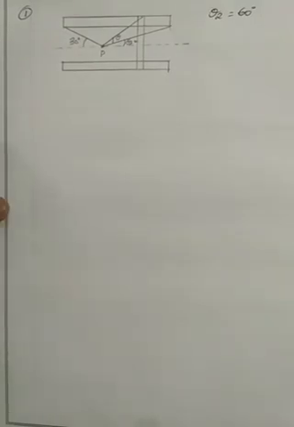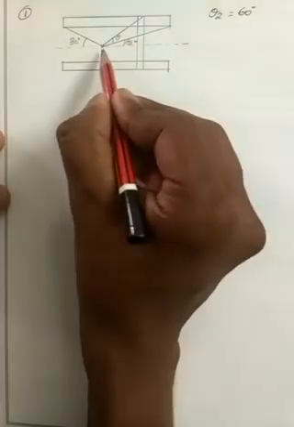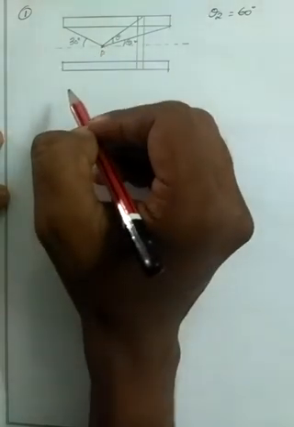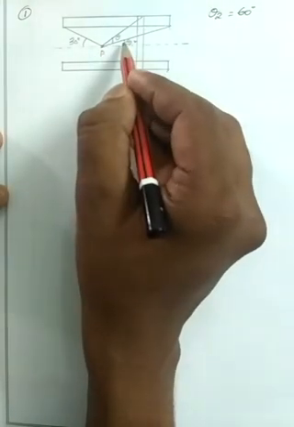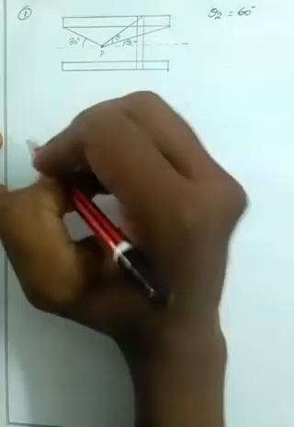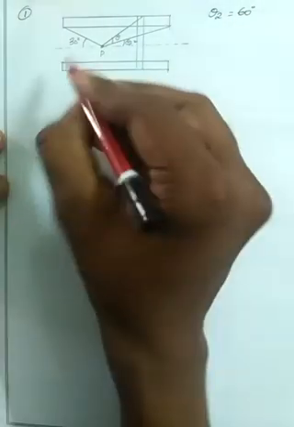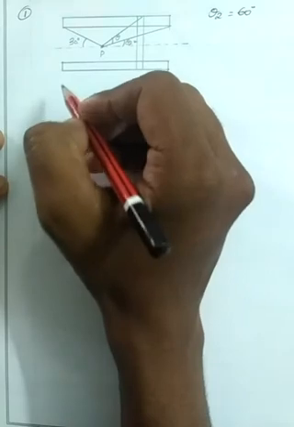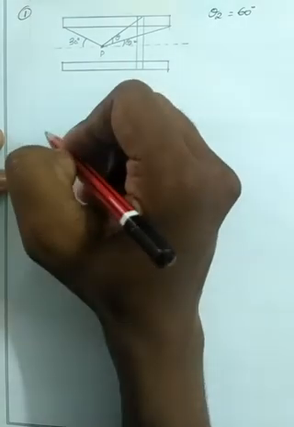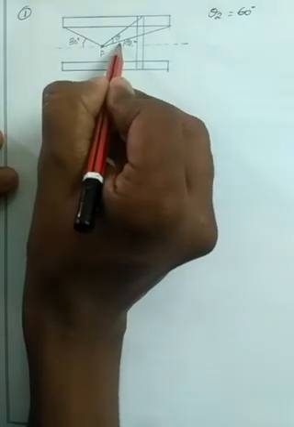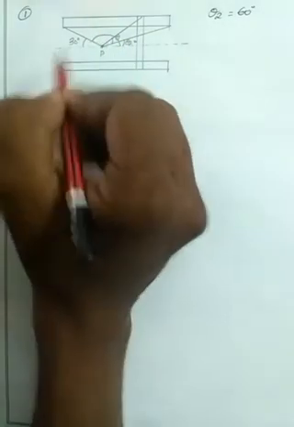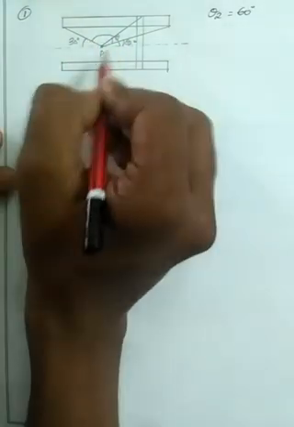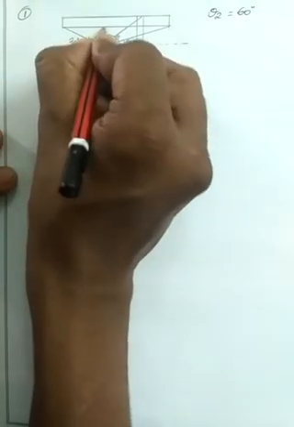Okay. So in this numerical it is given that we have to find the magnetic field at point P, and our angle theta 2 is given as 60 degree, and this angle is given. So we have to find the angle theta 1. So what is theta 1? From here to this angle, okay, up to here, this angle is taken as theta 1.